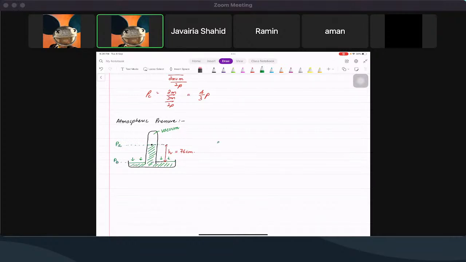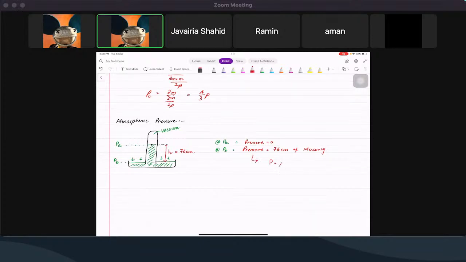At PA, the pressure is 0 because there is nothing above it, but at PB the pressure can be taken out by taking 76 centimeter of mercury. Now when you say 76 centimeter mercury, what we really mean is that